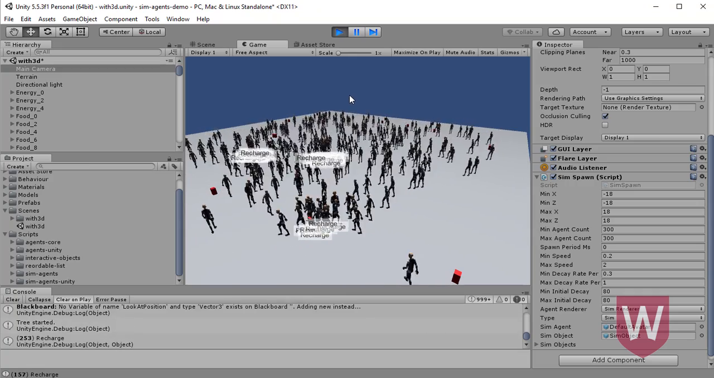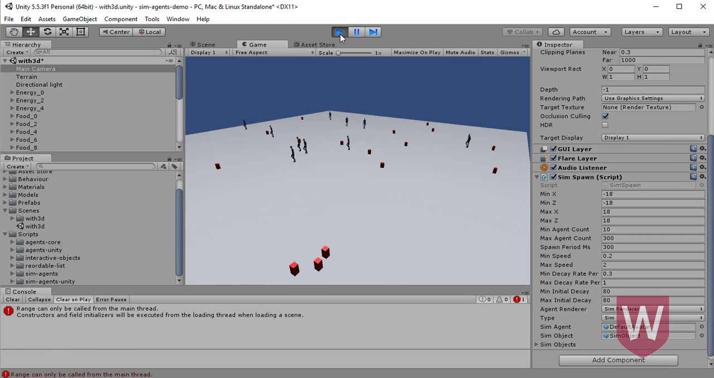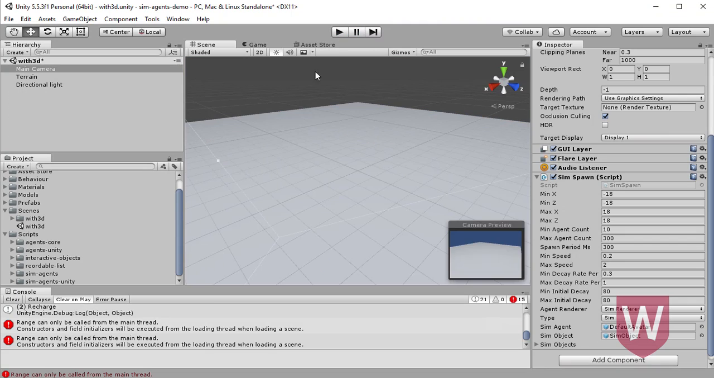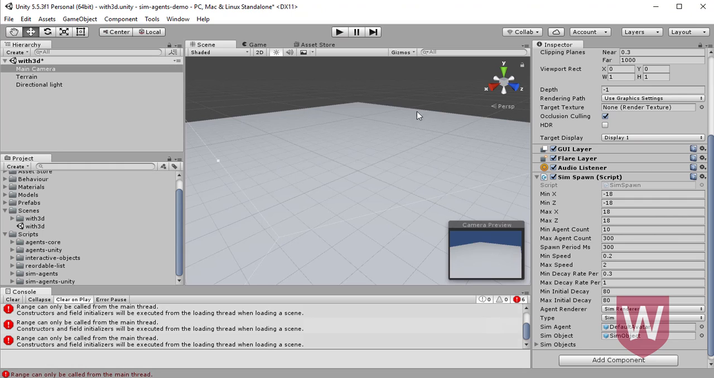Or if you're doing some testing, you can just start at 10 and then you say, all right, every 300 milliseconds I want to spawn a new agent. Right. So basically this should start spawning agents. Oh, it doesn't. There's some error. Doesn't matter. Anyways, so